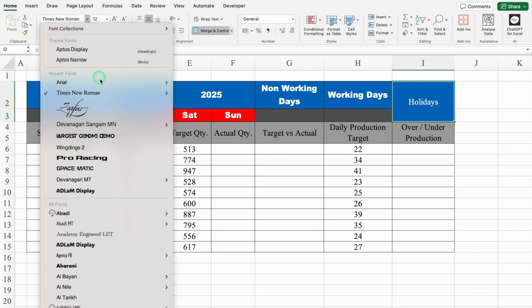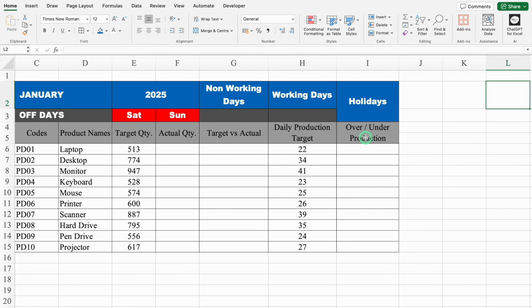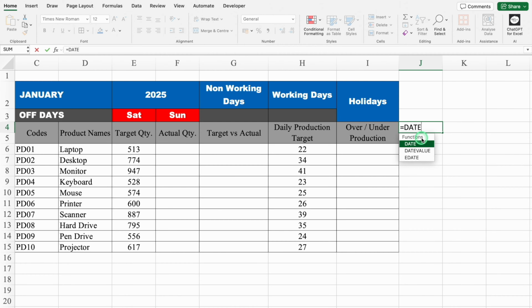We'll change the font style. We'll do as Arial black. Let's come to right hand side. We'll click next to over or under production. Over here we will be inserting our dates and the formula will be equal to DATEVALUE, bracket